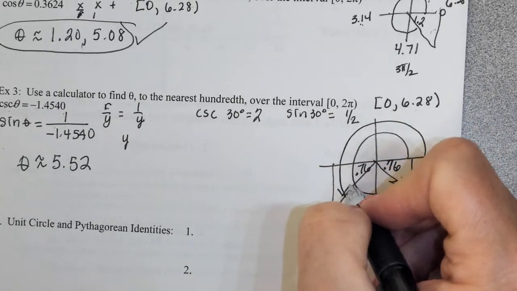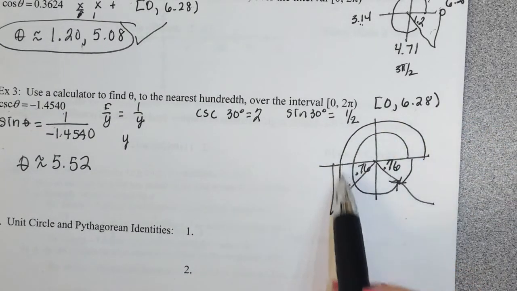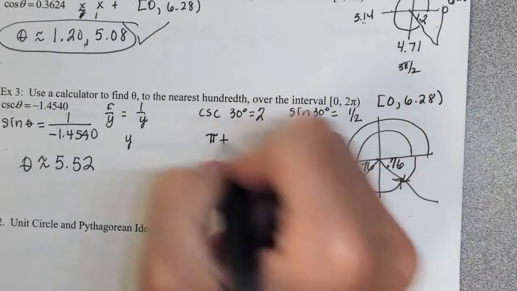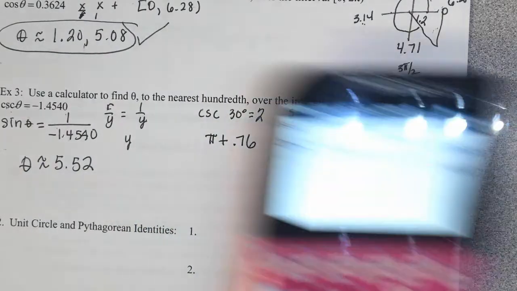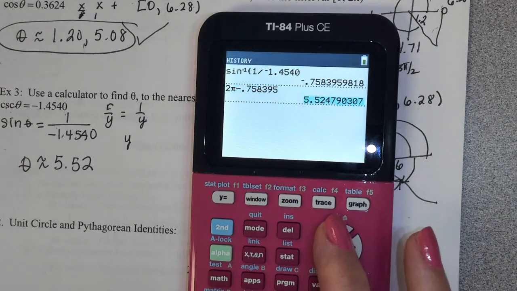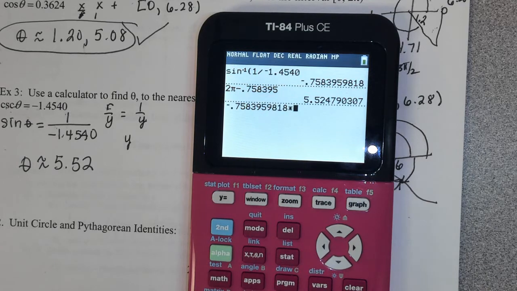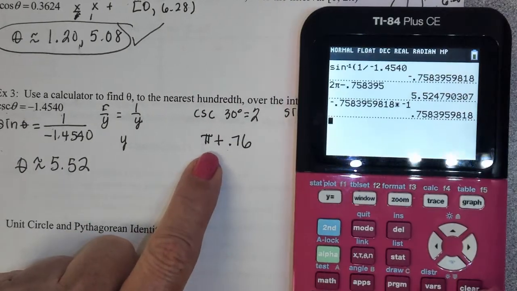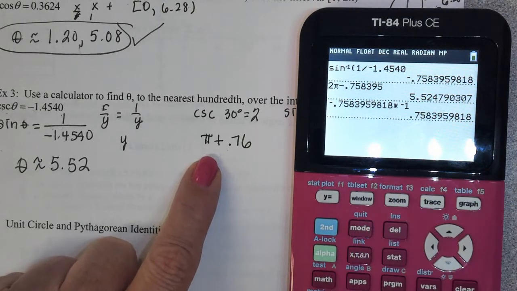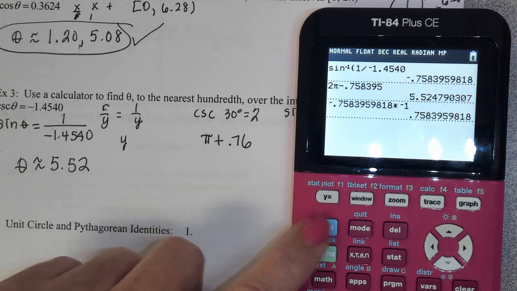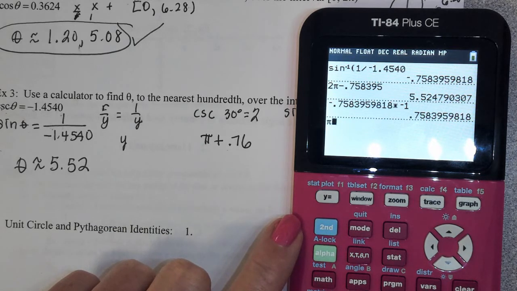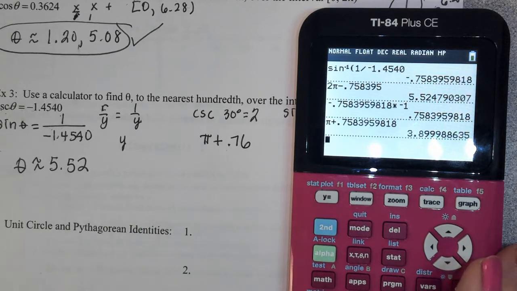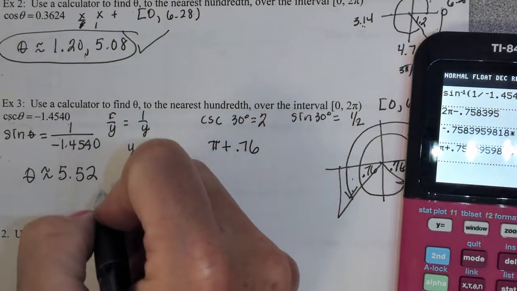I'm going this way, so if I were in degrees, I'd do 180 plus the angle, but in radians, I'm going to have to do pi plus that angle. I'm going to try to be a little more exact here. I'm actually going to come up here and multiply this by -1. I want to make it a positive 1. You'll see why. Because I want to do pi plus that reference angle. So where's my pi? Pi plus this angle. And I get 3.90 to the nearest